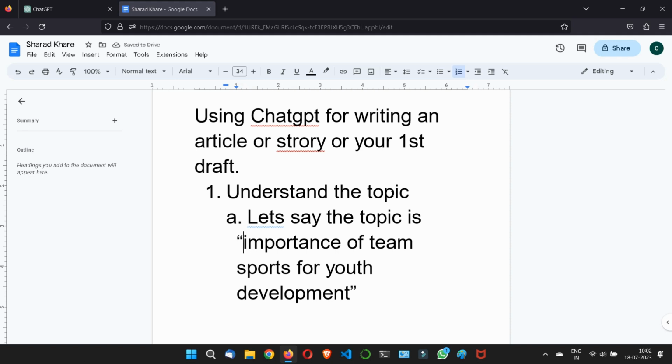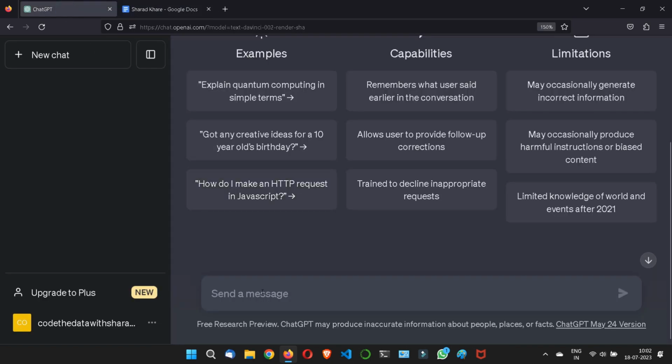So you should always know a little bit about the topic. If you know a little about it yourself, that is great, but it would be best if you also did a little research, and for additional information you can ask ChatGPT. Let me copy this here and write in the prompt: write a short, let's say 3 paragraphs,